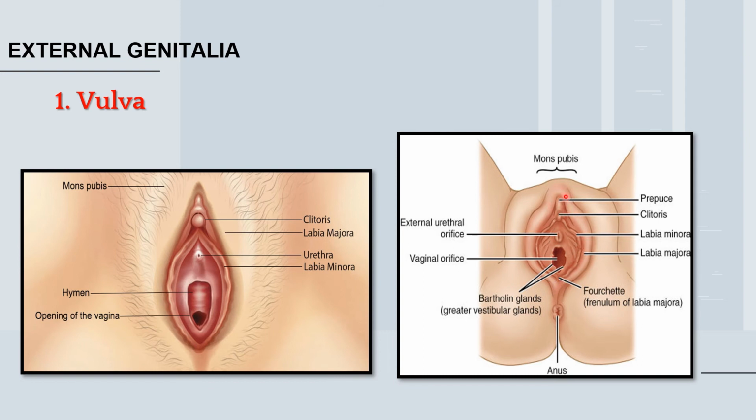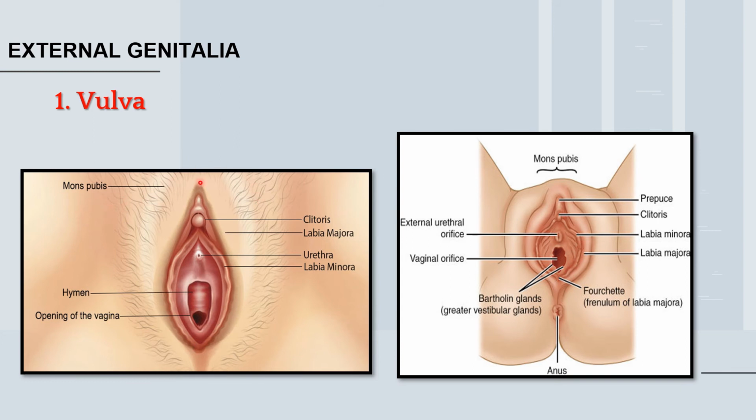Then, anterior to the labia minora, meaning above the labia minora, there is a structure named the clitoris or glans clitoris. The clitoris is actually a small erectile tissue. It is the highly sensitive part of the vulva or the external female genitalia. And lastly, the anterior bulged portion of fleshy tissue in the pubic region is termed the mons pubis.